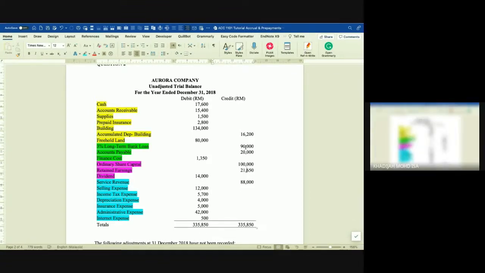So when you prepare that statement, you only transfer the information from the unadjusted trial balance, you plug into the respective statements. You get that? You transfer your asset, liabilities, and owner equity into your financial position, and then your income and expenses into your